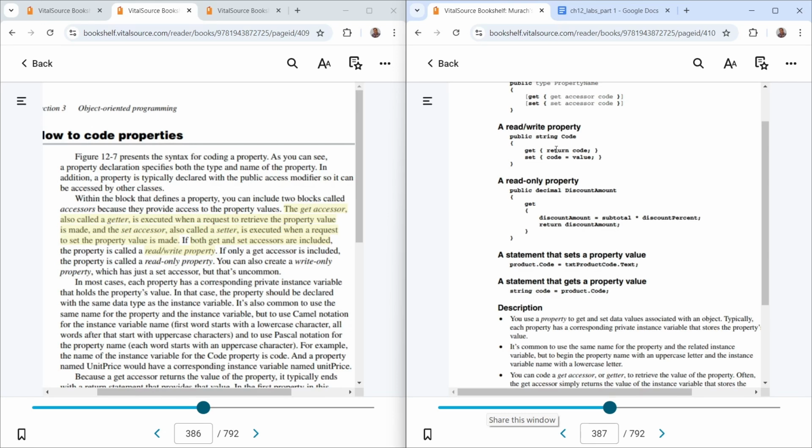Now here it's going to return the code, and that code is defined at the top of your file. So it's doing a get or a set, and a get is just going to return the code. Here it's basically doing a set, and what it's going to do is set the code that's at the top of your class file,